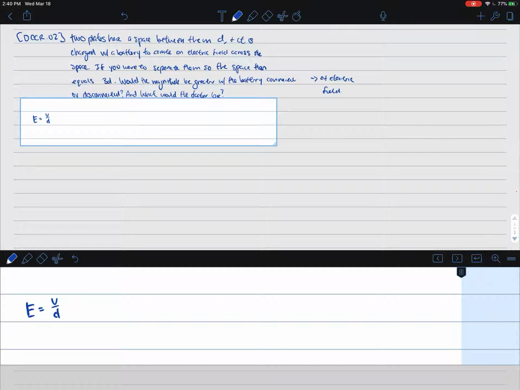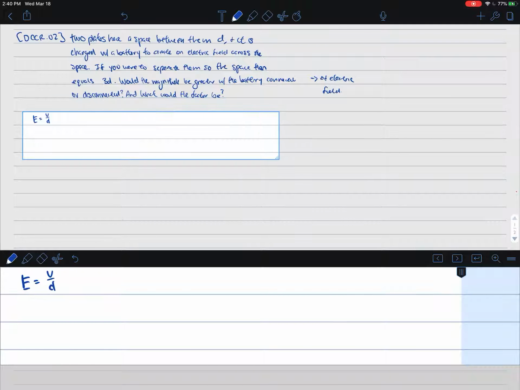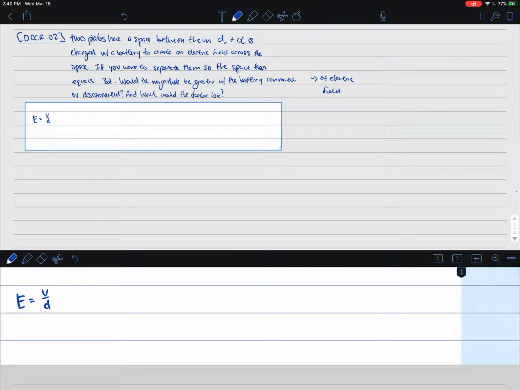So that is with the constant, and then if you disconnect it, then the voltage could go down, but then D could also go down, also making E smaller. So either way, you are getting a decrease in the electric field. And then,